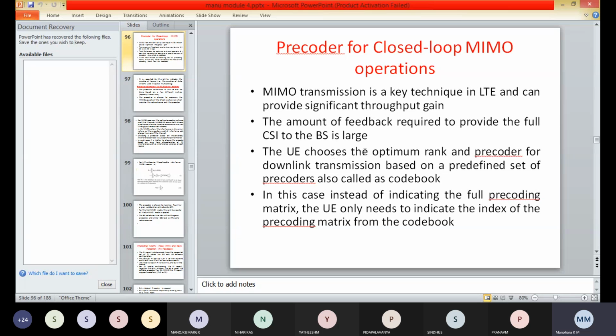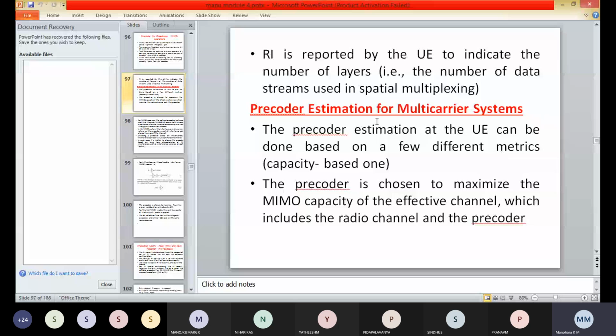So in the precoder for the closed loop MIMO operations, we have precoder estimation for the multi-carrier systems and precoding matrix index, that is PMI, and rank indication feedback.